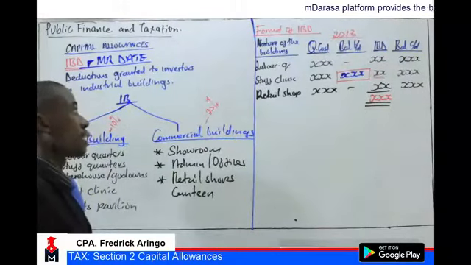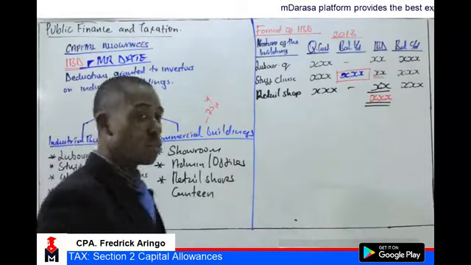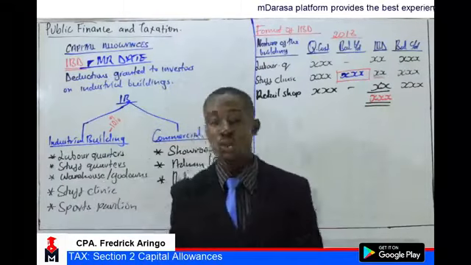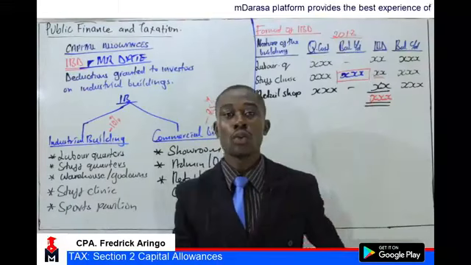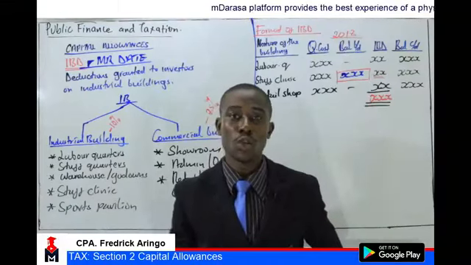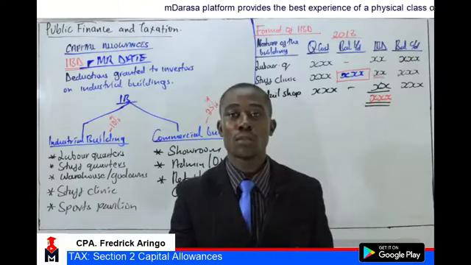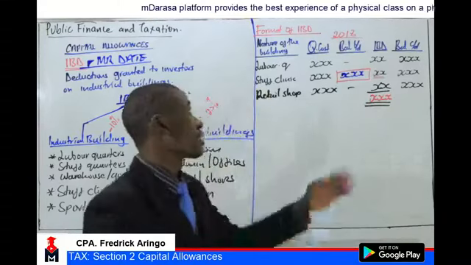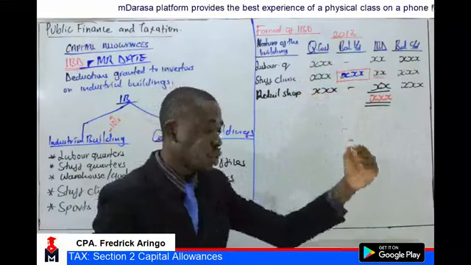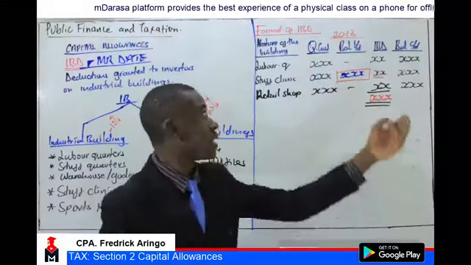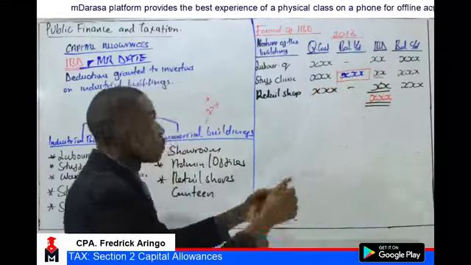In the event that I'm continuing, probably if you're working out your books or doing it for the purpose of exams and you are given several years to compute the capital allowance, in such a case, if we are told 2018 and 2019, we'll have done with 2018. Come to 2019,